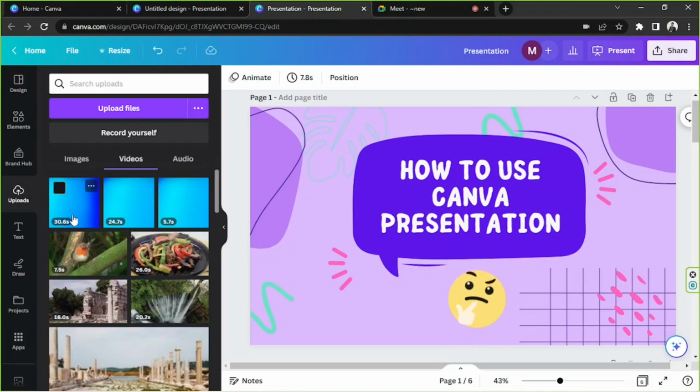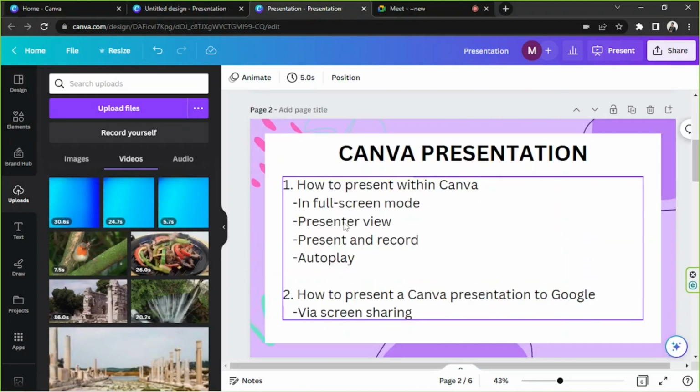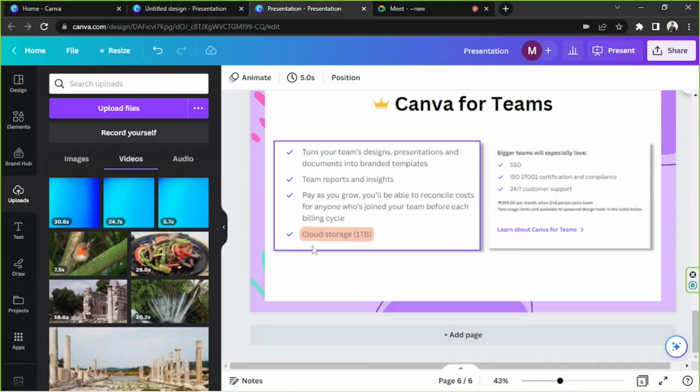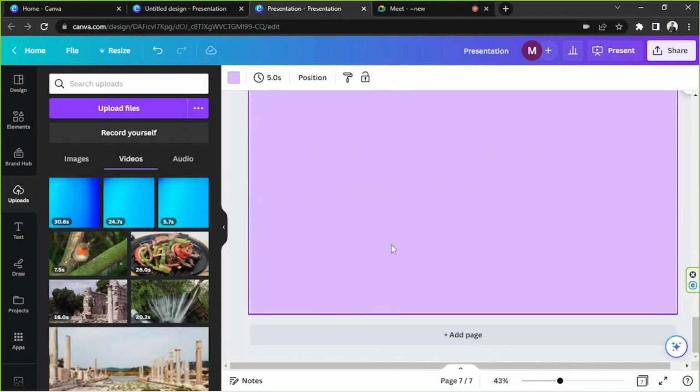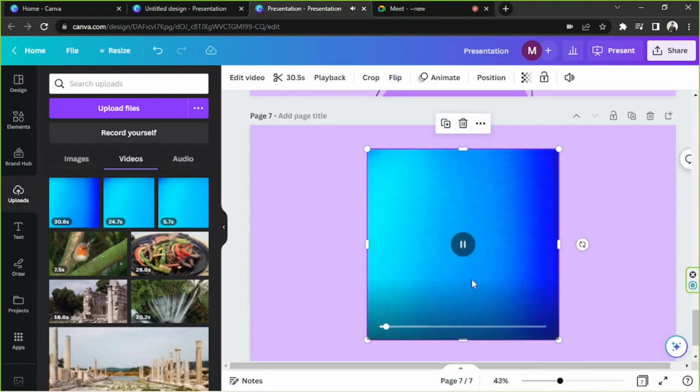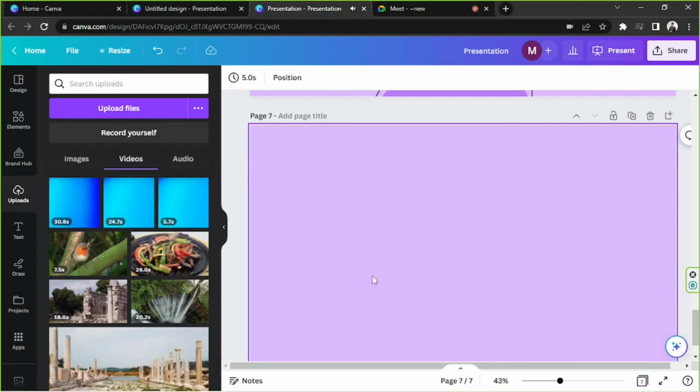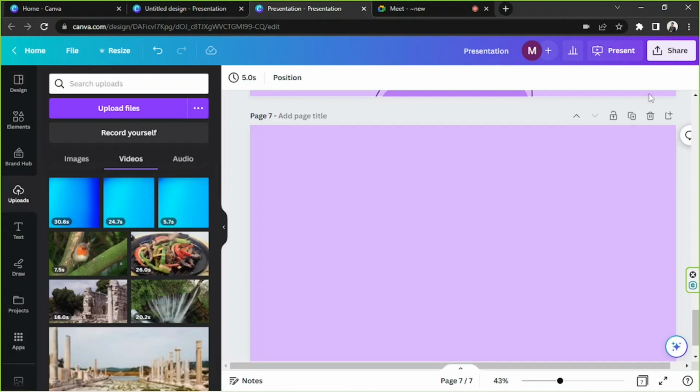And it should be right over here. So I think it's this one. I'm just going to go to the last page and add a new page. We're going to add that over here. 3 seconds, and then you will start your presentation. Okay, so that was the presentation that I did earlier. Okay, I'm gonna delete that. And what is next? I think we're gonna go to autoplay now. So we're gonna click on present,